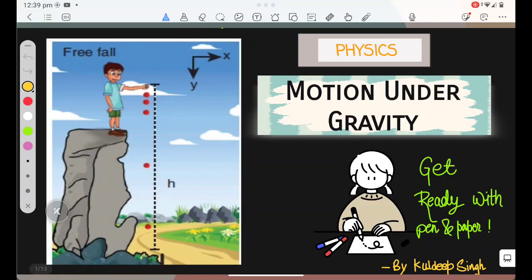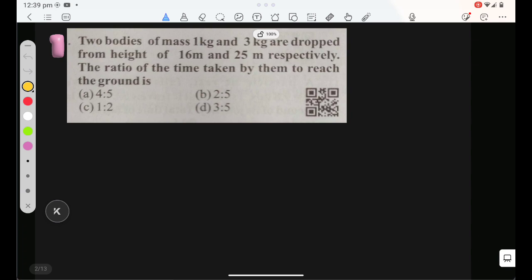Hello everyone, I'm back with another topic, motion under gravity. In this video we are going to solve some questions from the topic motion under gravity. So let us begin. The first question is